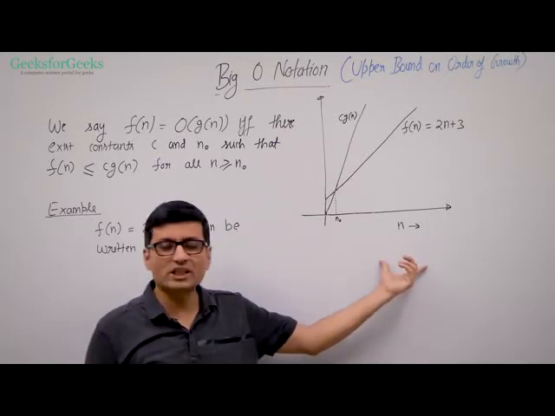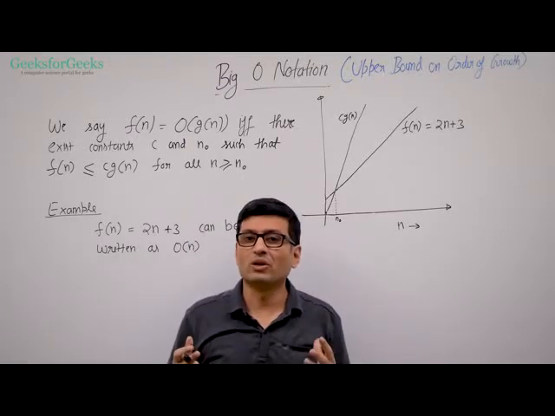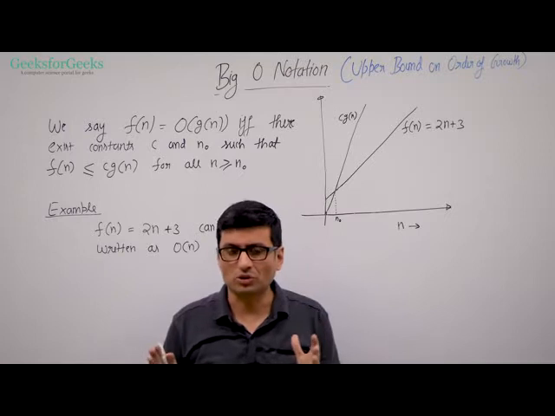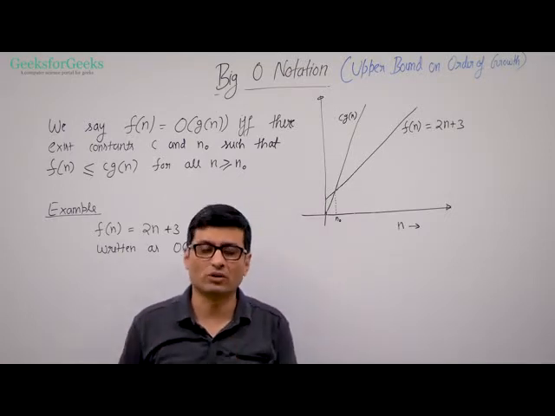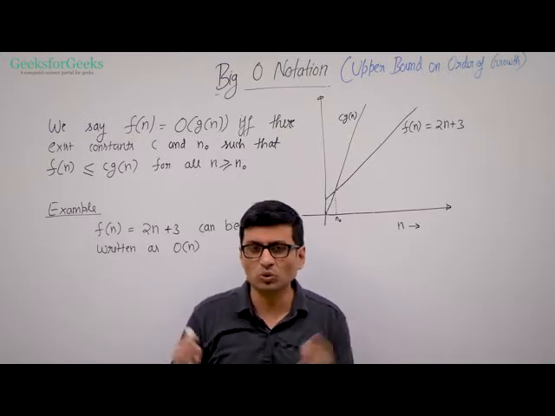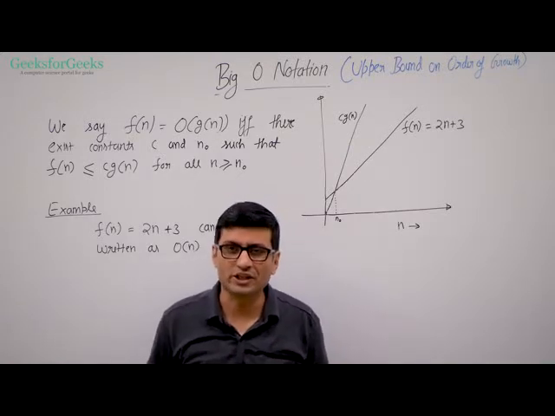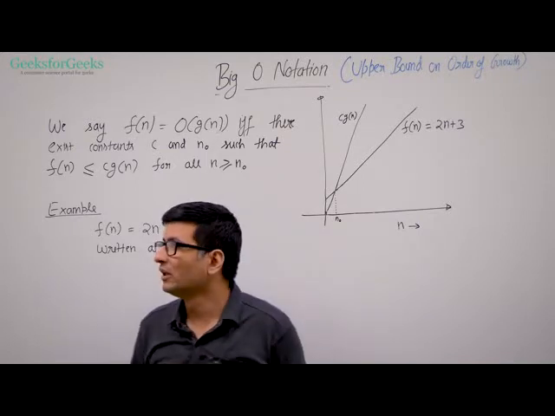And the examples that we did, they were finding equal order of growth. And Big O, please remember, covers both equal order of growth and higher order of growth. And soon we'll see what is the point of having two things in one notation. We'll talk about this with some practical application later in this video.